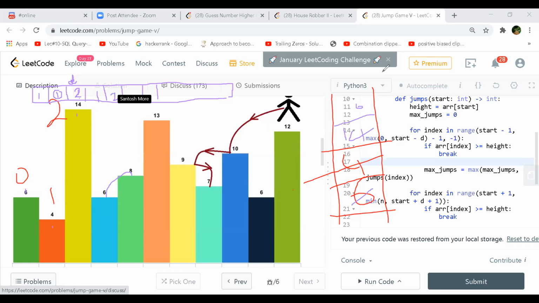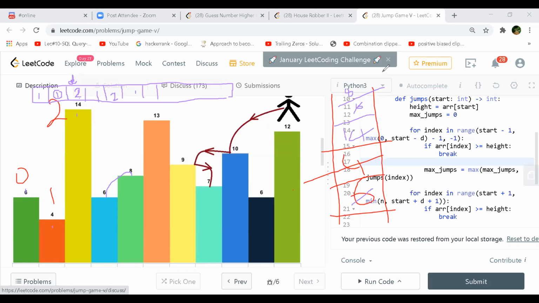Then when you come to 13, because now you have popped out 6 also, when 8 comes in, I remove 6, and then I push 8 again, because 8 is lesser than 14.